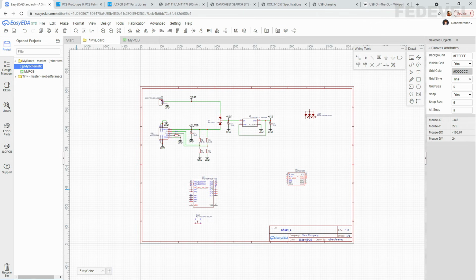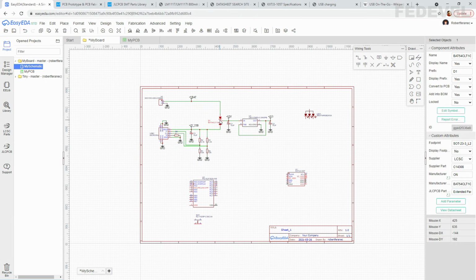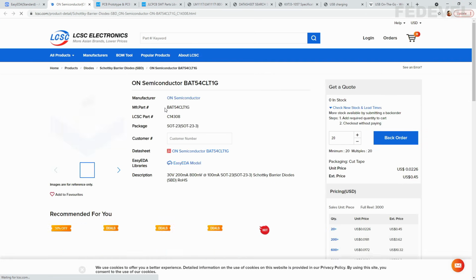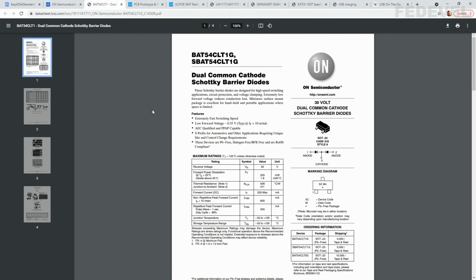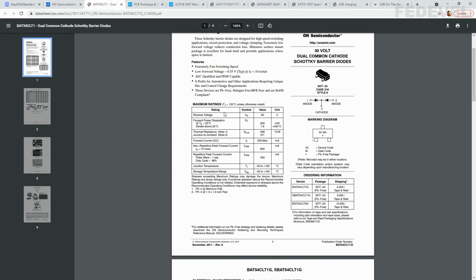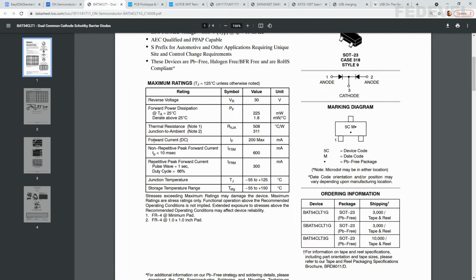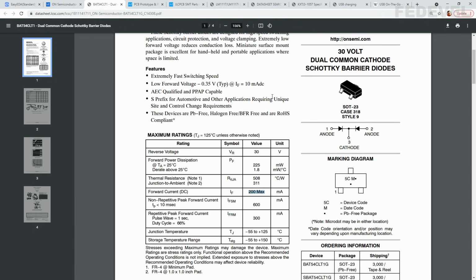When you will be deciding on what kind of diode to use in your application, there are a few parameters which you would like to double check. So when we open the datasheet of this diode, the important parameters for us are the maximum forward current, which has to be higher than what we need for our board. 200 milliamps is high enough for what we need.